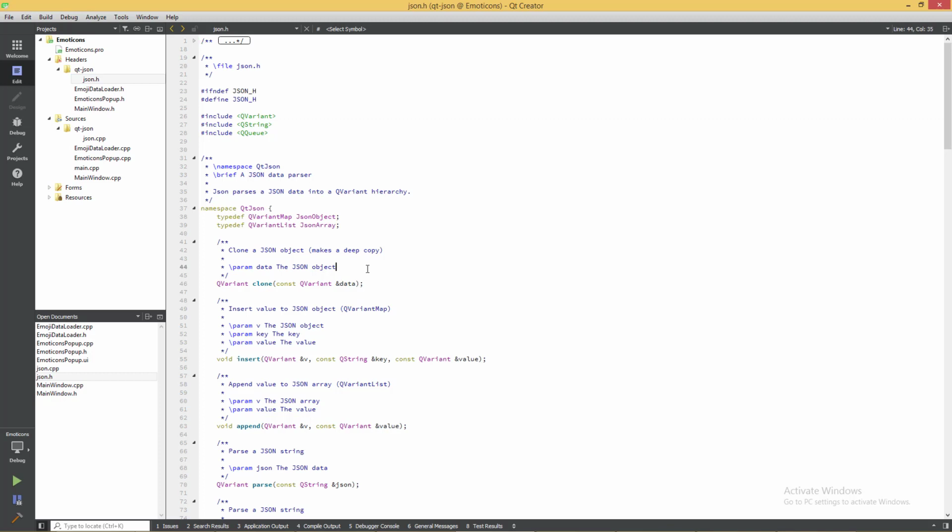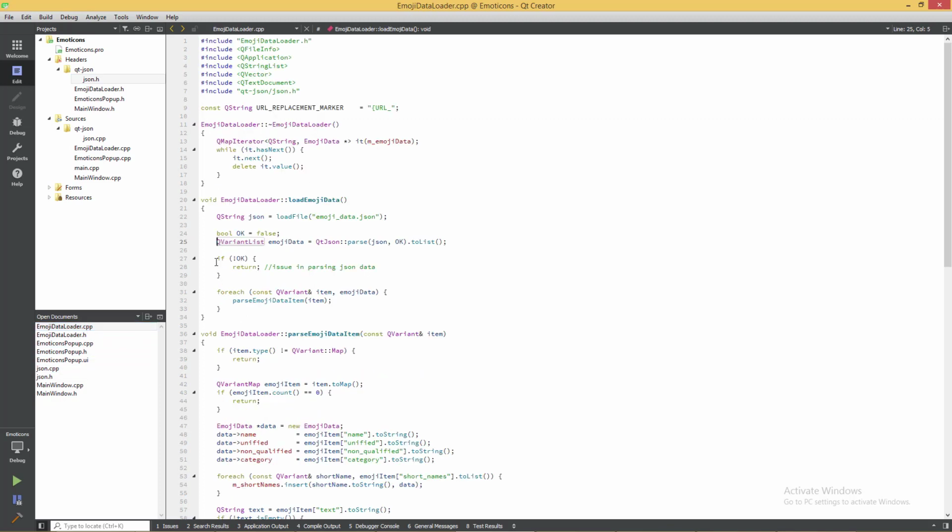This is the Qt JSON file. Check the return value. If OK is false, not true, then return. It may have some error condition over here, an issue in parsing the JSON file. Okay, then